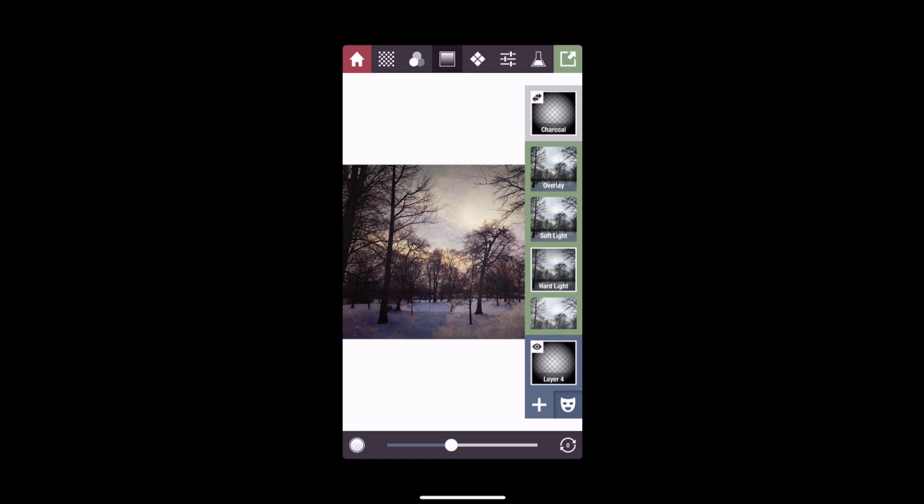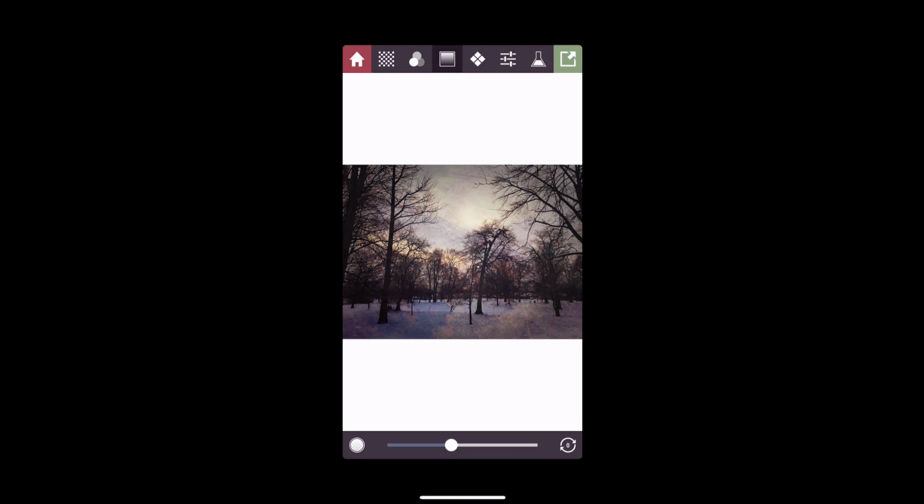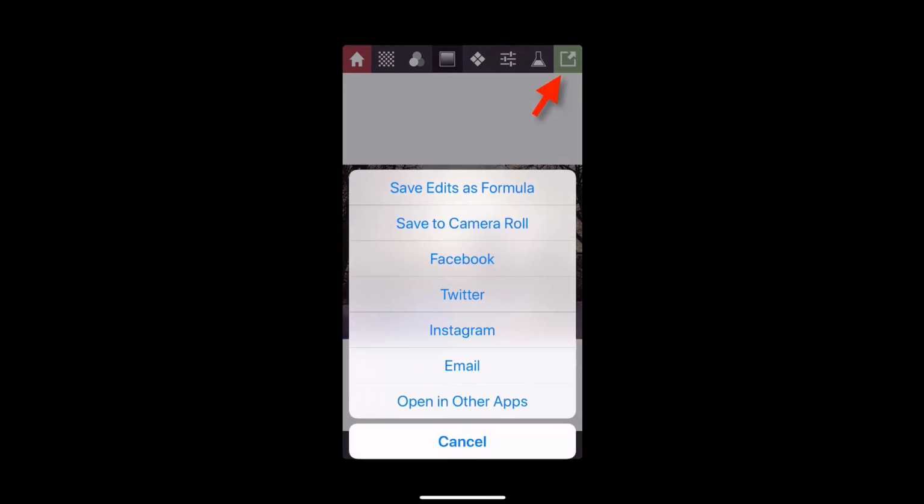There's hard light versus overlay. I kind of like that. The hard light's kind of cool. It gives it a different tone. So you've got so many different ways to really find that look you're going for. So once you've got this all together and you're ready to save, if we go up here to the green icon on the upper right with the square with the arrow in it, I'm going to tap on that,